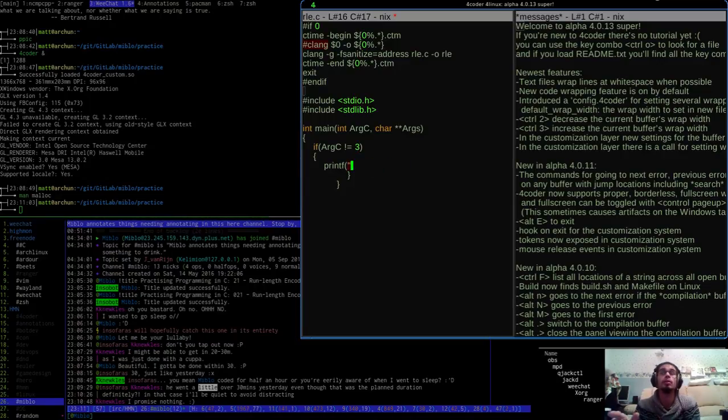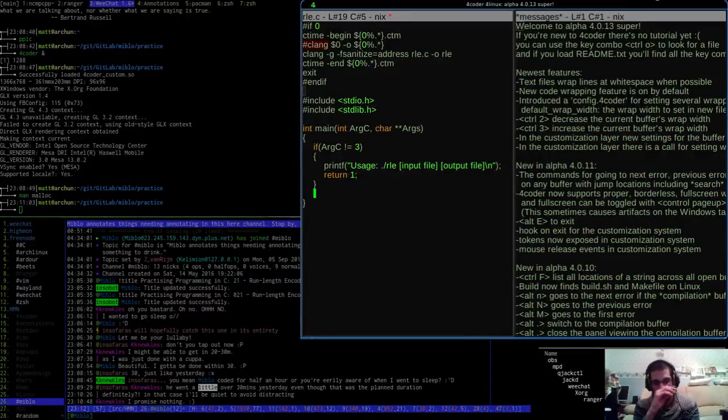The usage is going to be RLE input file, output file. Oh no, it's actually just that for now, isn't it? And then we're going to return 1.